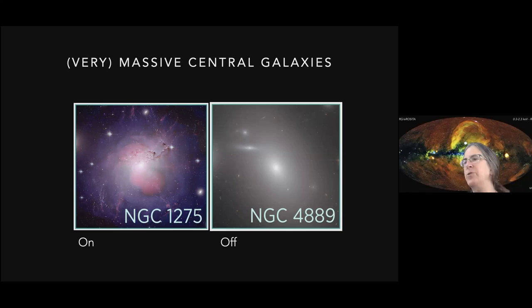And the central galaxies are, okay, not every cluster has a clearly identifiable central galaxy, but when they do, they're either a giant quiescent galaxy, old stars, not much cool gas, or they are an active central galaxy. And what I mean by active central galaxy is considerable evidence for cold molecular gas, hundreds of millions of solar masses,